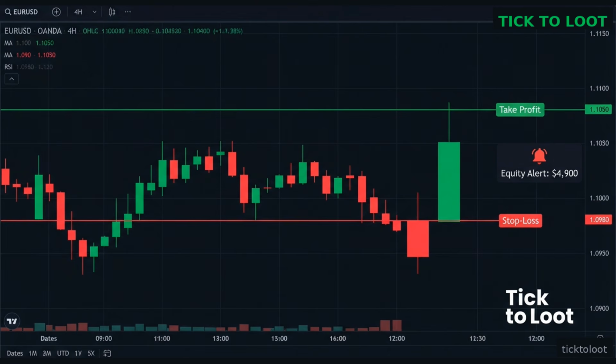To set them up, go to your broker's platform, locate the order or trade window, and enter the stop-loss price in the designated field before confirming the trade. Then navigate to the Alerts section, choose Equity Level, input $4,900, and select your preferred notification method. Once both are active, you have a dual-layer protection. Each trade can't lose more than its individual stop-loss, and the whole account can't fall below the drawdown ceiling without